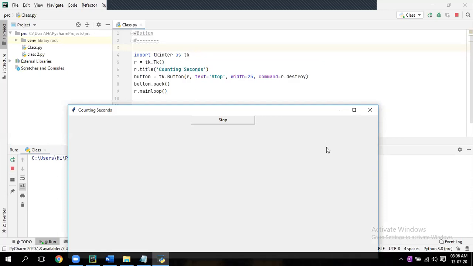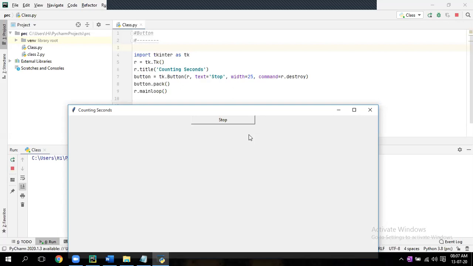So for this GUI, you have to use that library called tkinter. As I told you, for tkinter I am taking an alias name, tk. Here I'm taking one variable, let's say r equal to tk dot, again capital Tk. That is nothing but a sub module present in that library. Now this first two lines and last two lines you have to write by default, because there are so many programs calling different modules and libraries inside this one.